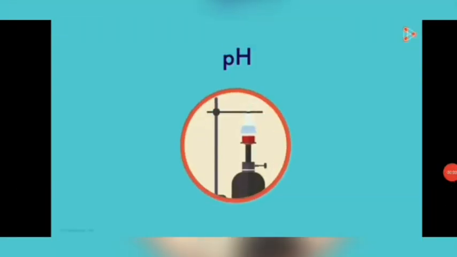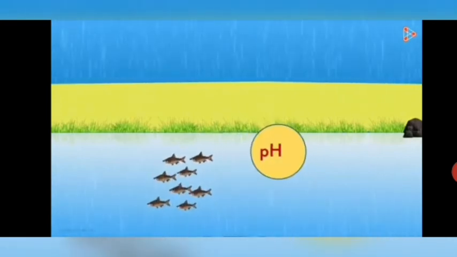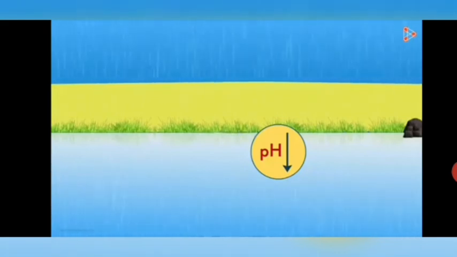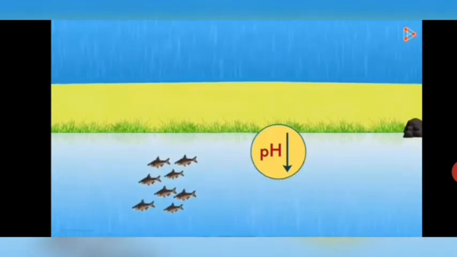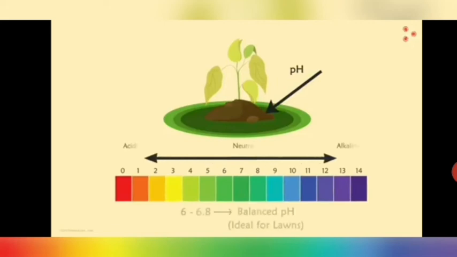So we will discuss pH in our day-to-day life. As we know, some of the aquatic animals which swim in the sea, when the acid rain is there, then pH goes down, right? It gets really acidic, and due to which the river also gets acidic, and these aquatic animals are not able to survive in it. Similarly, in the case of plants, the soil also carries pH, so we need to neutralize its effect whenever it is too much acidic. We need to balance it out.